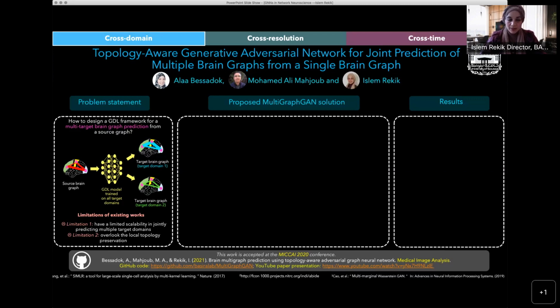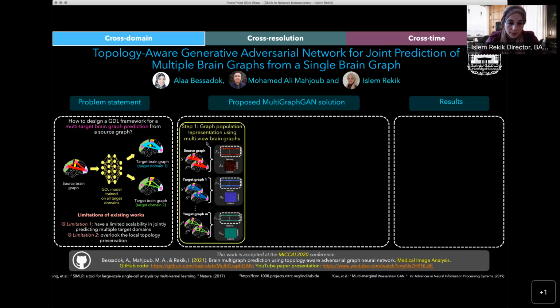So we know a graph has a topology. For example, what is topology here? We know that this node has two connections, okay? So that's the degree of the node. The degree of a node is a topological feature of a node in a graph. There are lots of topological features, like centrality and hubness of a particular graph, that we need to preserve when we predict. Which means when we have the target graph, the ground truth brain connectome, and we compare it with the predicted one, we need to have similarity in topologies, not only in adjacency matrices or edge weights.